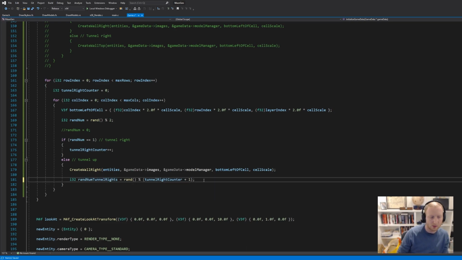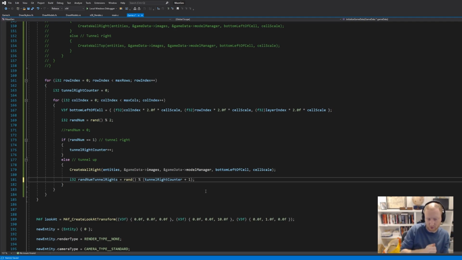So you got your random number tunnel rights. Again, if it's a 0, this will be how many steps to the left should you go to get to the cell where I am going to tunnel up. So that will tell me where I shouldn't build a wall upwards,